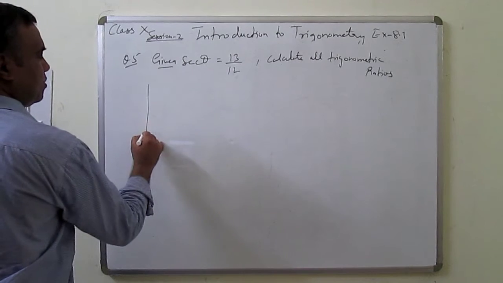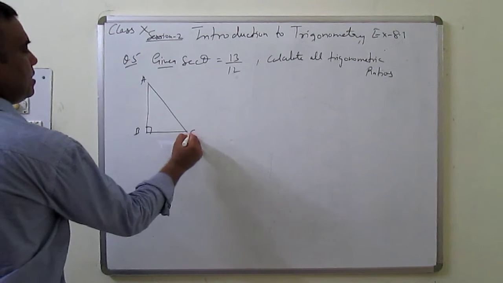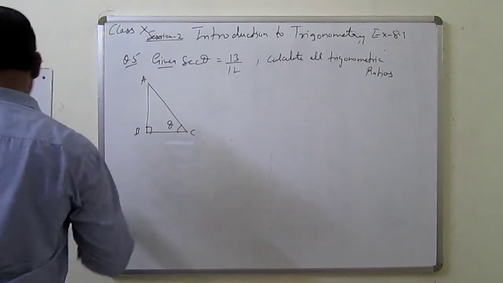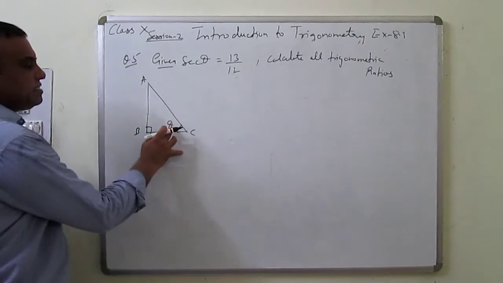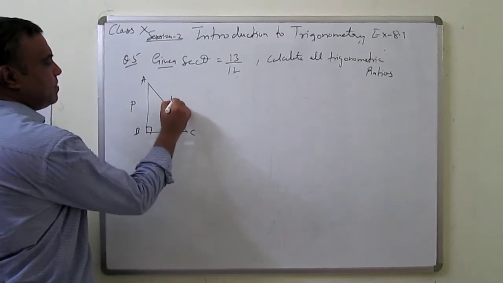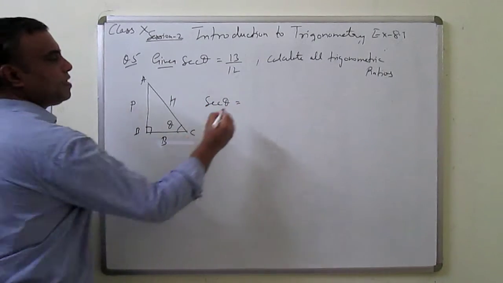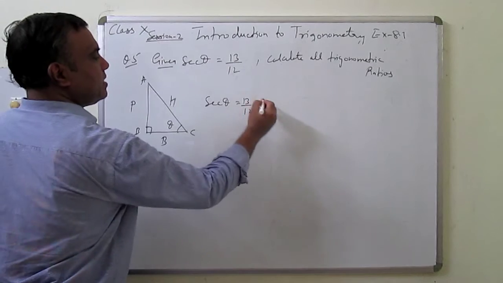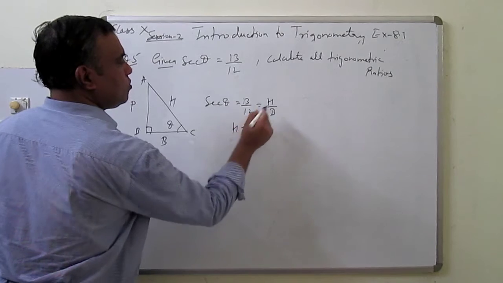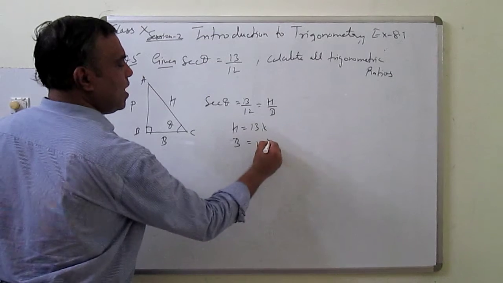Now make a figure too. It is easy for us. This is a right angle triangle ABC. So you can take any angle is theta. Suppose I can take C angle is theta. See in the figure, angle C is theta. So theta के सामने क्या हो जाएगा? Perpendicular. Right angle के सामने hypotenuse and remaining is base. We all know sec theta क्या होता है? 13 upon 12 is given, but it is hypotenuse upon base. So you can take h is equal to 13k, base is equal to 12k.